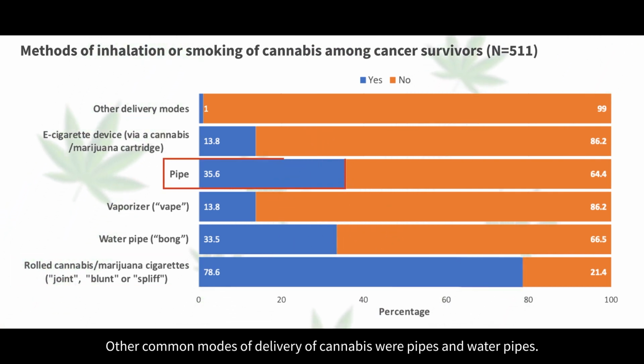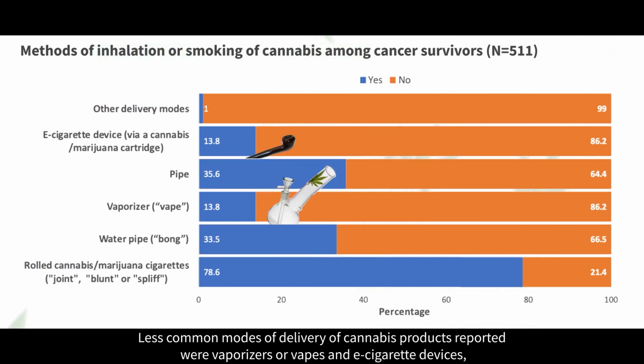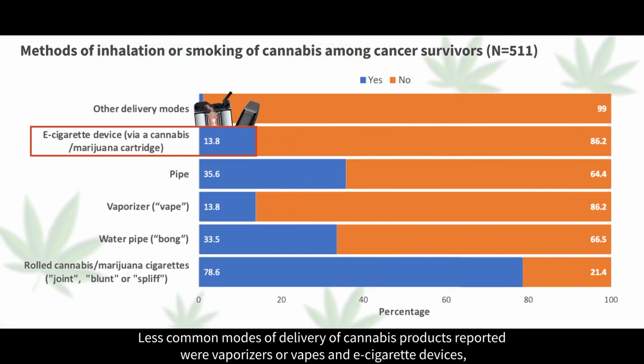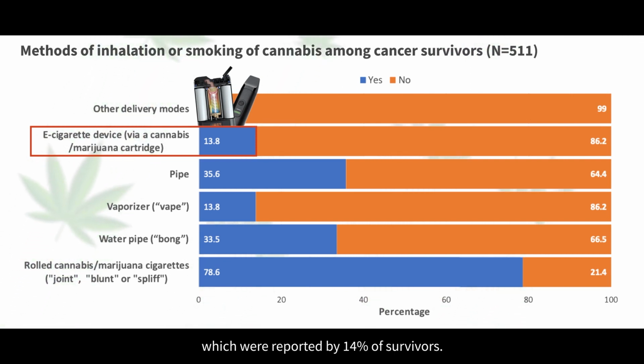Other common modes of delivery of cannabis were pipes and water pipes. Less common modes of delivery of cannabis products reported were vaporizers or vapes and e-cigarette devices, which were reported by